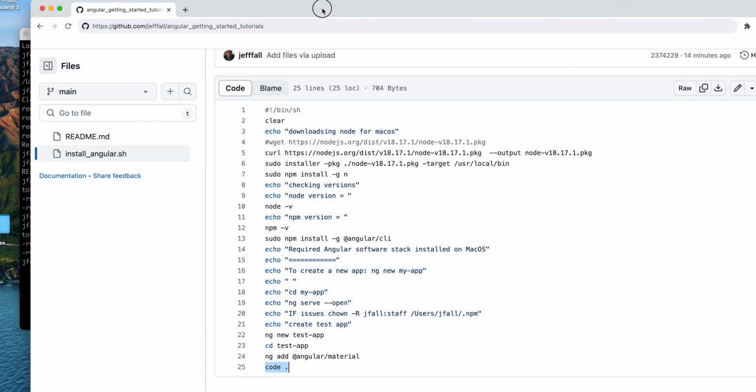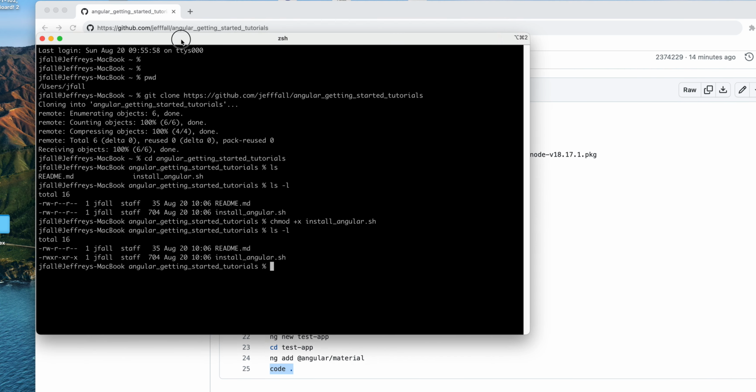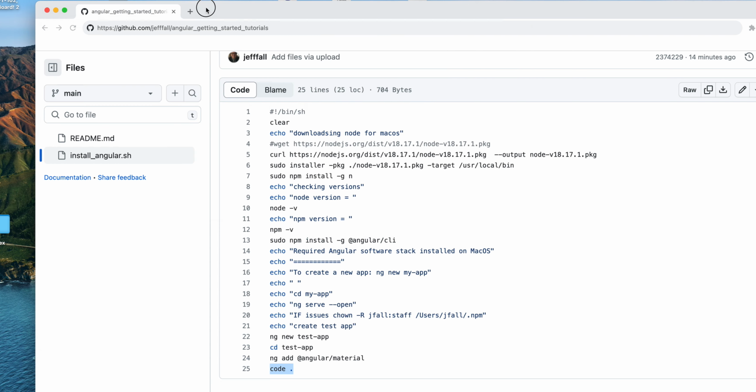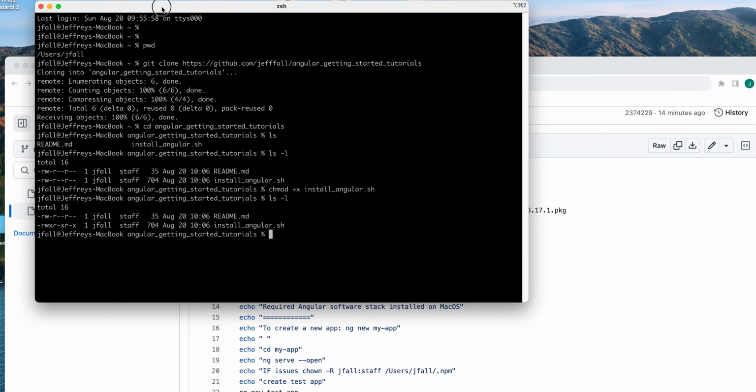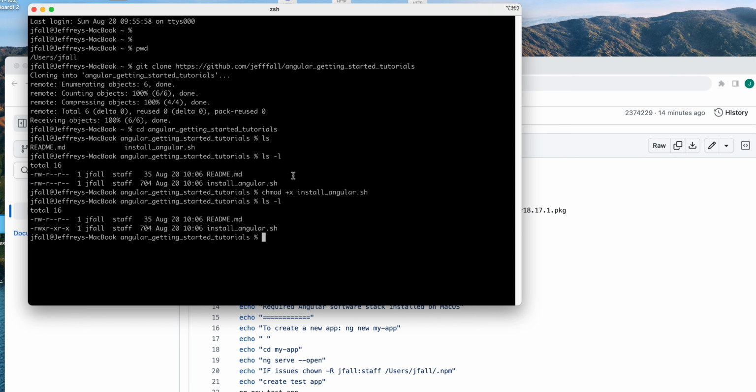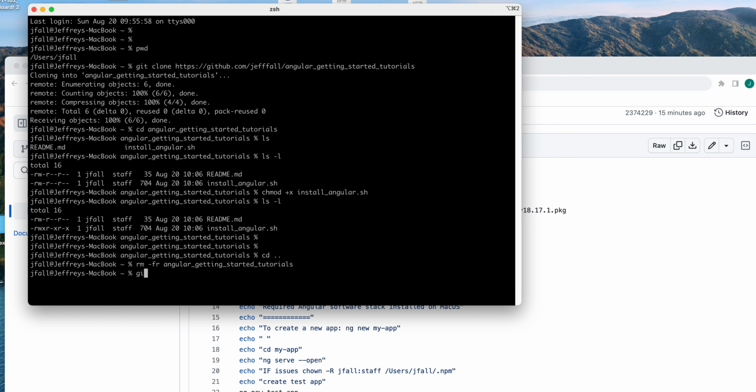So here is basically some, I keep losing this thing here, there we go. Here is how we would do that. I've already done a git clone on this, but let's get rid of it and show you how it works. So we'll remove this because we're going from scratch here, so we're going to get rid of this here. And we're going to put a new one in right away here. So git